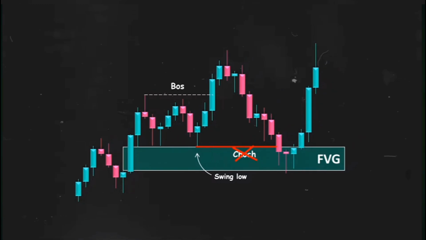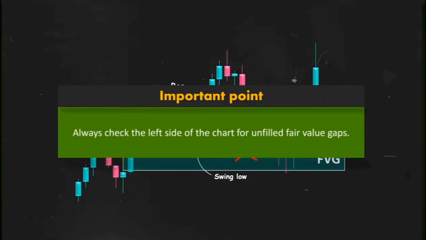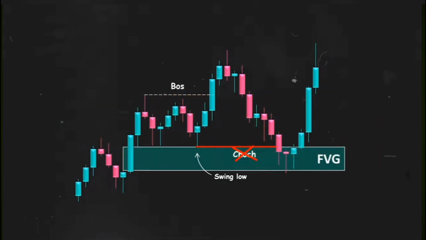The key takeaway is to always check the left side of the chart for unfilled fair value gaps. Doing so will help you distinguish between a move that is simply filling an imbalance and one that reflects a genuine shift in market sentiment. By understanding this difference, you can avoid false signals and stay aligned with the overall market structure. Now that we've covered these concepts, let's move on to the next topic: